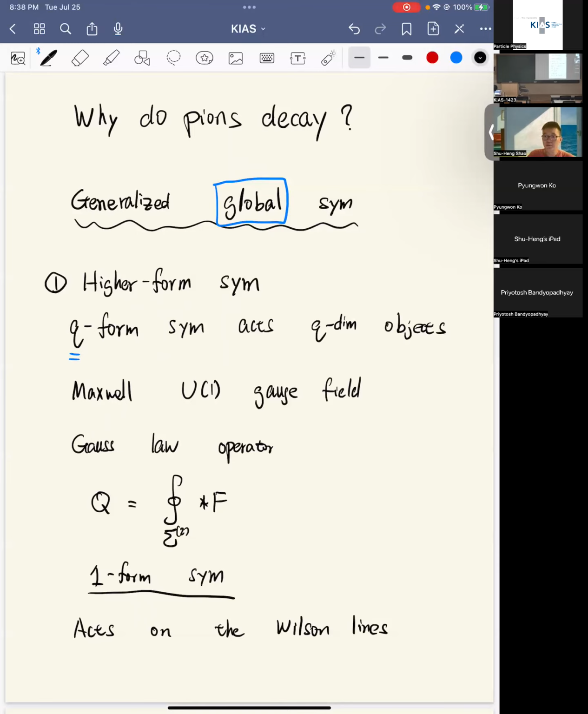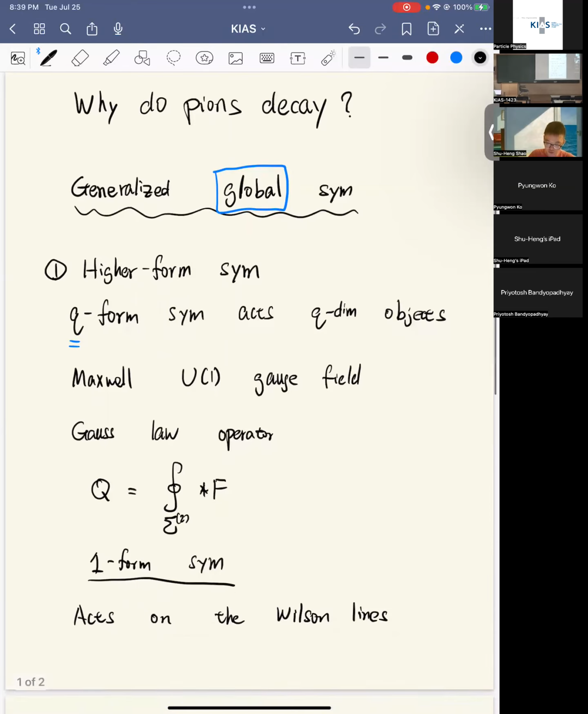So in a sense, gauge symmetry is not a true symmetry. It doesn't act on any state in your Hilbert space. Global symmetries, on the other hand, are an invariant characteristic of your quantum system and should be matched across any duality frame. So in the rest of the talk, I will use the adjective global to mean that it's not